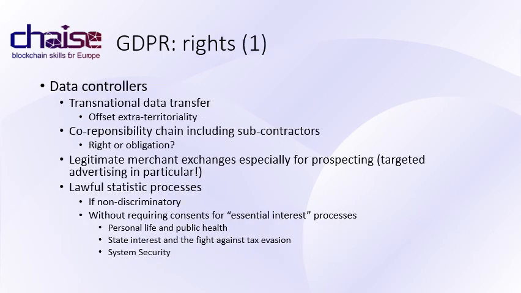GDPR equilibrates data controllers' obligation with new rights. The potential extraterritorial protection allows transnational data transfer. This has led to specific agreements to support this extraterritorial competency counterbalancing other national, less protective regulations. Paying attention to the complexity of distributed IT processes and infrastructure, GDPR grants data controllers the right to define precisely their accountable subcontractors in order to define responsibility chains. By this way, each actor is accountable of its own actions.